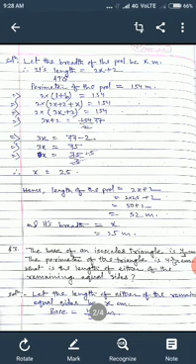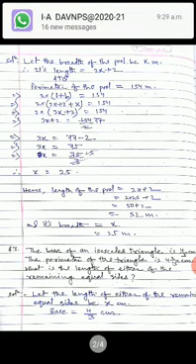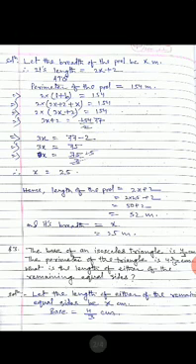Now try to understand question number 3. Here is given an isosceles triangle. The isosceles triangle means what? Two sides are equal, and the third side is unequal. So the equal sides are not given, but the other side is given, that is 4 by 3. So let us assume either equal side be x, and the other side is 4 by 3.